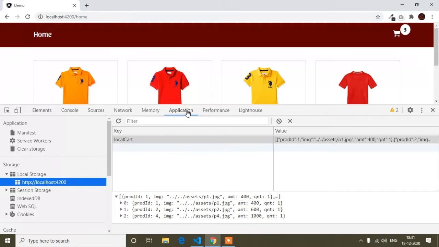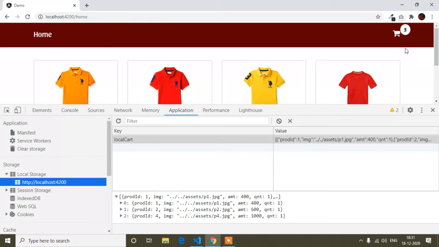And guys, if you are coming directly to this video, you have to watch all my previous tutorials step by step for the Angular shopping cart. I have made a separate playlist of that, otherwise you will get confused. So I suggest, if you are coming directly to this video, first watch my previous tutorial and then watch this one, then it will be easy for you.